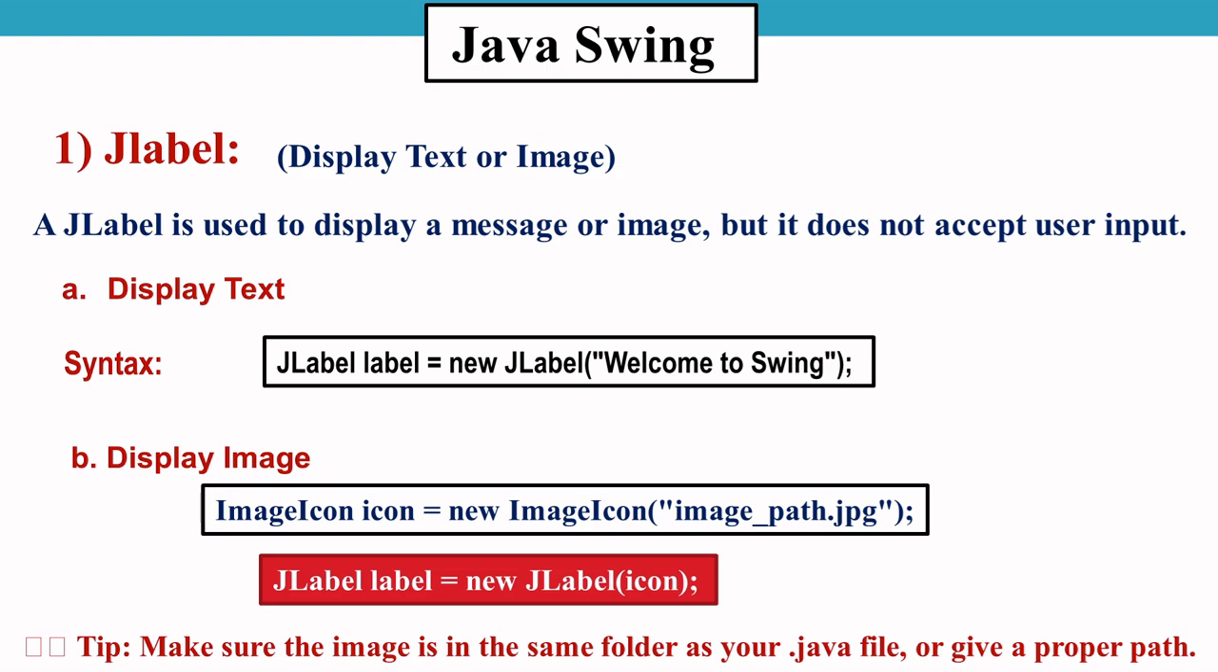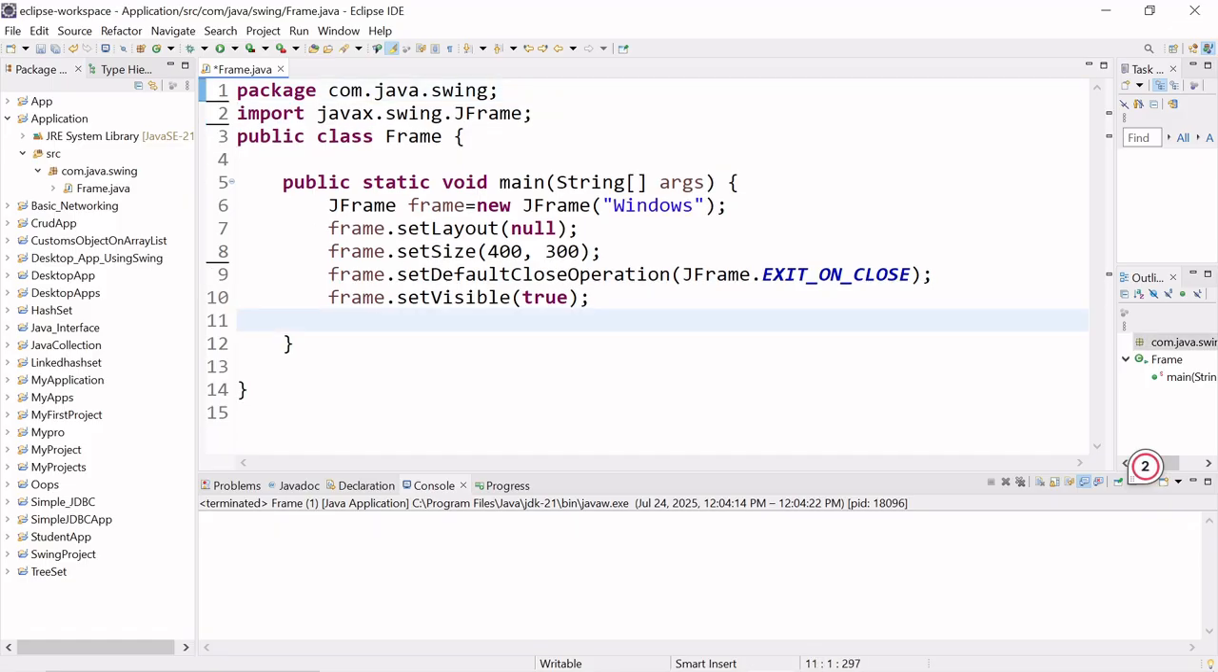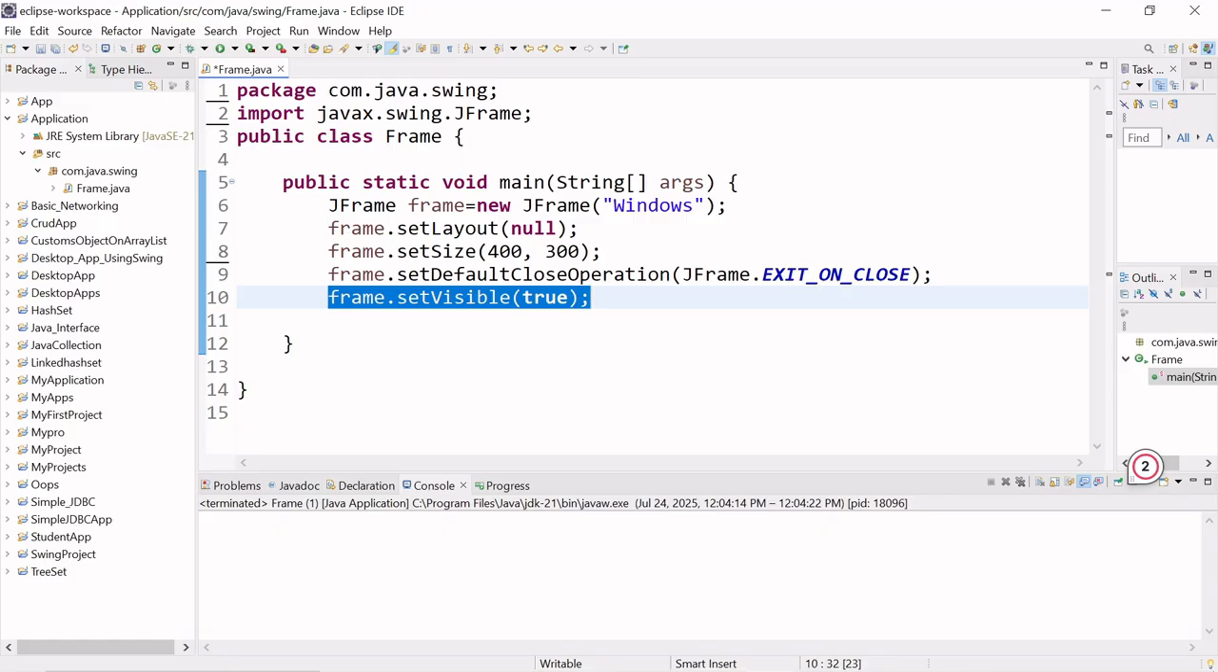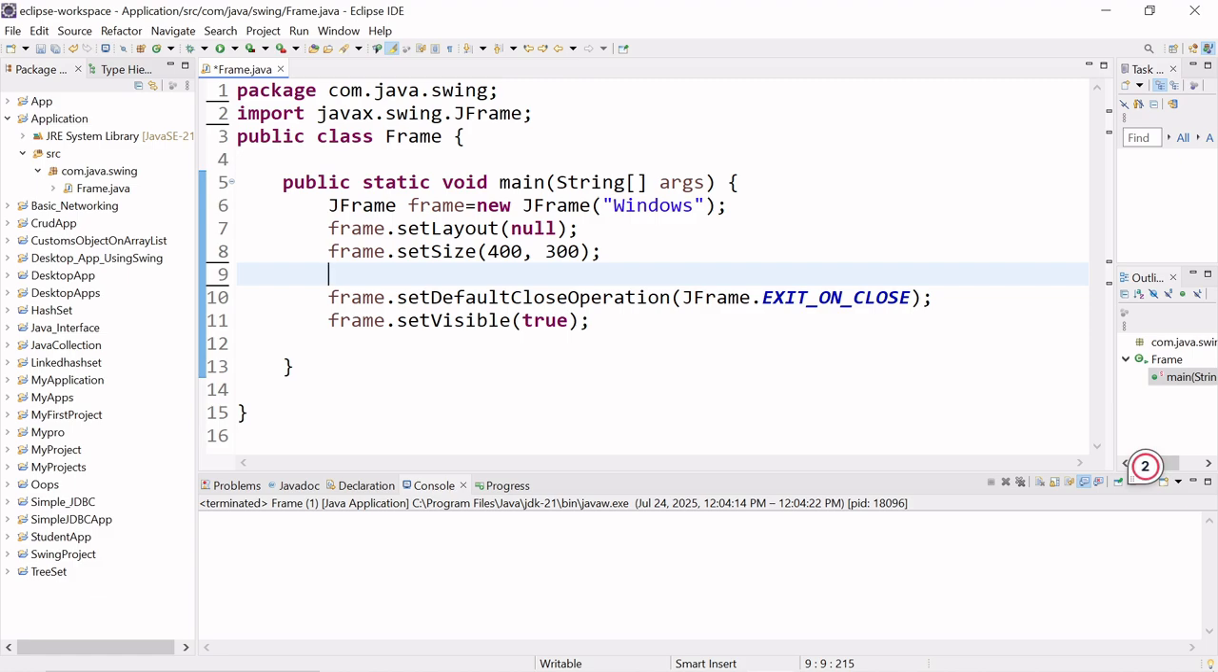So let's discuss how to use JLabel and ImageIcon using programming. Here I open this Eclipse IDE, and firstly I create a JFrame object using the JFrame class, set its layout to null, set its size, then activate the close button and set the frame visible. Firstly we discuss JLabel. For displaying text or a label, we use